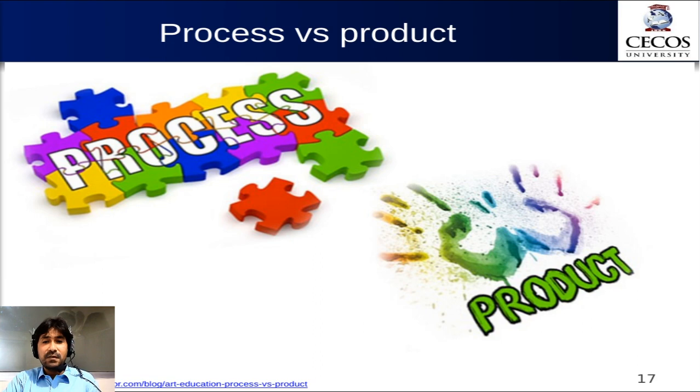Process is actually the flow of time and the habits and the actions that are associated with that flow of time. And product is actually the outcome, the target, the goal that you have set. For example, your homework is the product, your assignment is the product, the quiz given by your professor is actually the product. So you do not need to be worried about the product, just focus on the process,